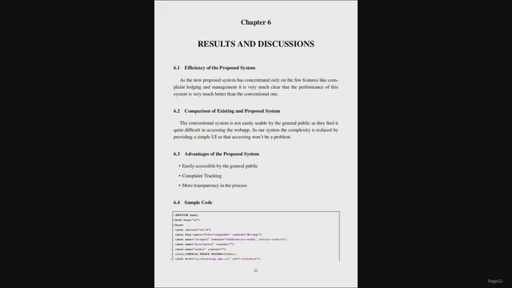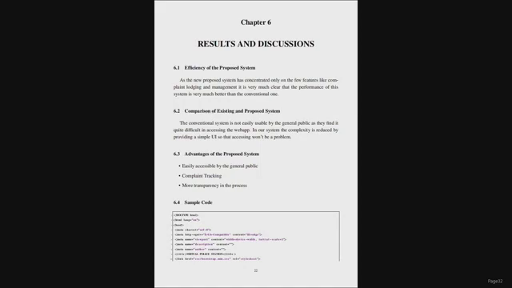As the new proposed system has concentrated only on a few features like complaint lodging and management, it is very clear that the performance of this system is much better than the conventional one. Comparison of existing and the proposed system. The conventional system is not easily usable by the general public as they find it quite difficult accessing the web app.